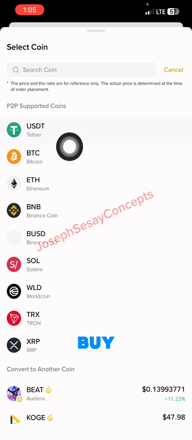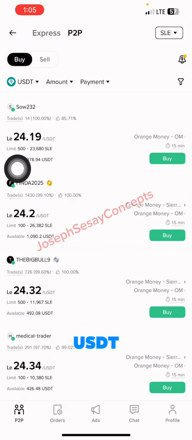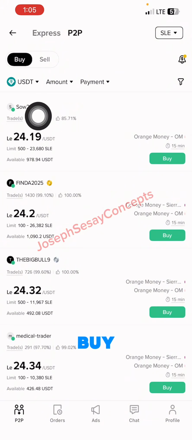I'll recommend you buy Tether. Tether is also USDT. USDT is a stable coin. We have a lot of stable coins. We have USDT, we have USDC, and a whole lot of others. But the most popular one here is the United States dollar Tether, the USDT. So after you have selected that you want to buy USDT,